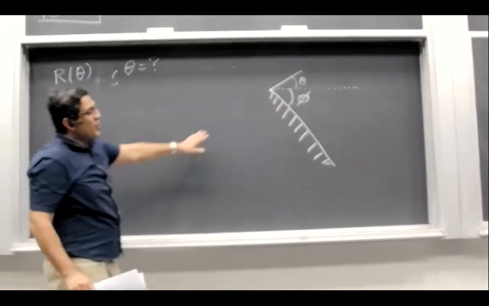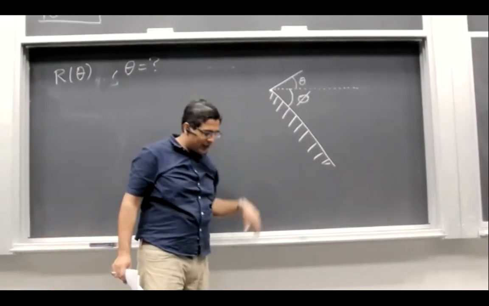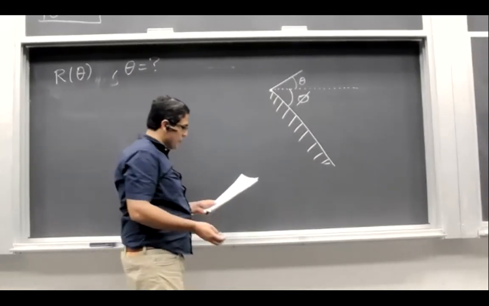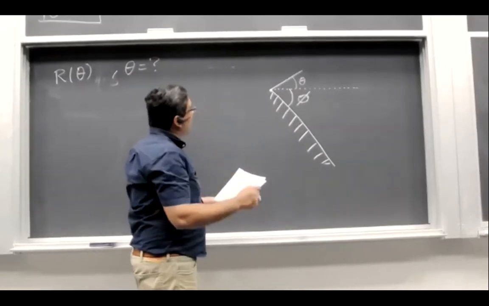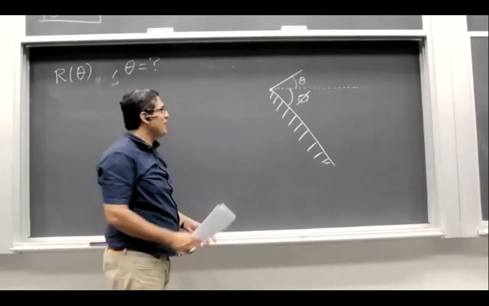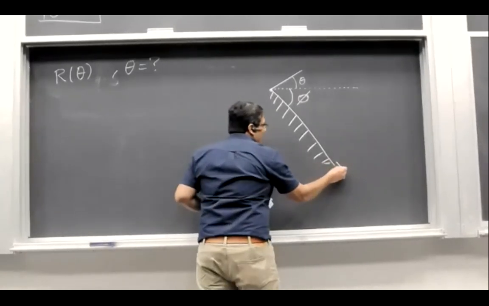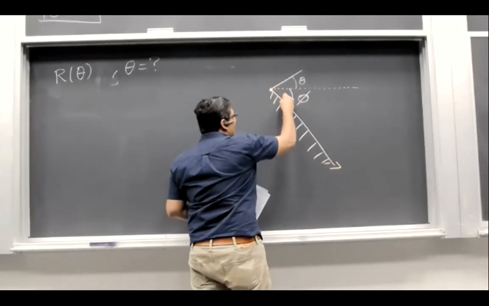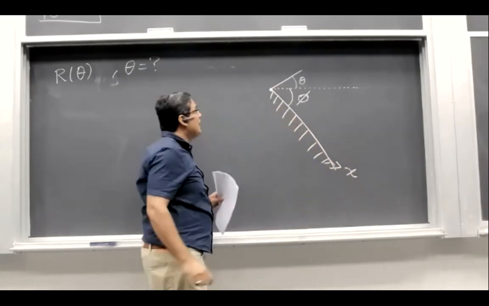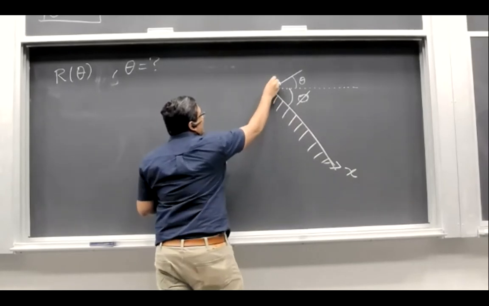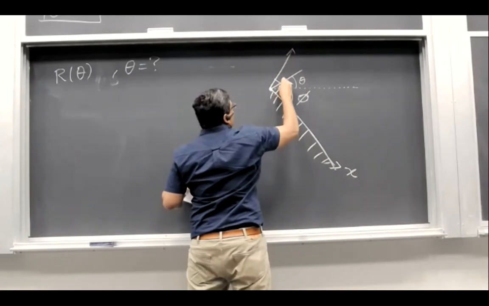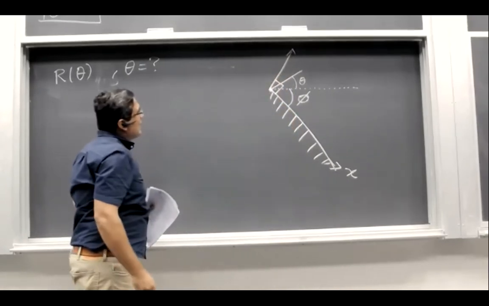Now, there are two ways of solving this problem. I'm going to show you one, and the other one we will probably just go through very quickly, or you can do it yourself. And the first approach that we are going to use is we are going to arrange our coordinate system in such a way that our x-axis points along the ground. So this is x-axis. All right. And now the y-axis would be at 90 degrees to the x-axis, this angle here.